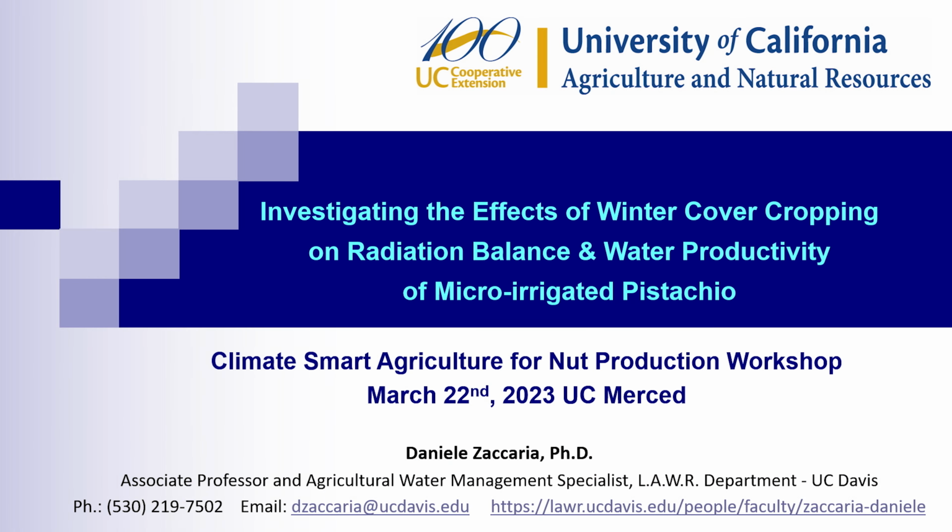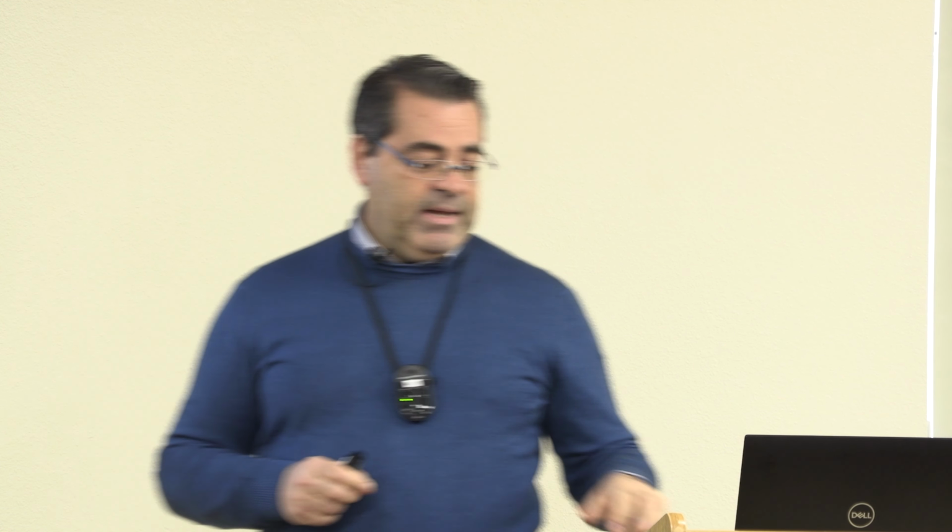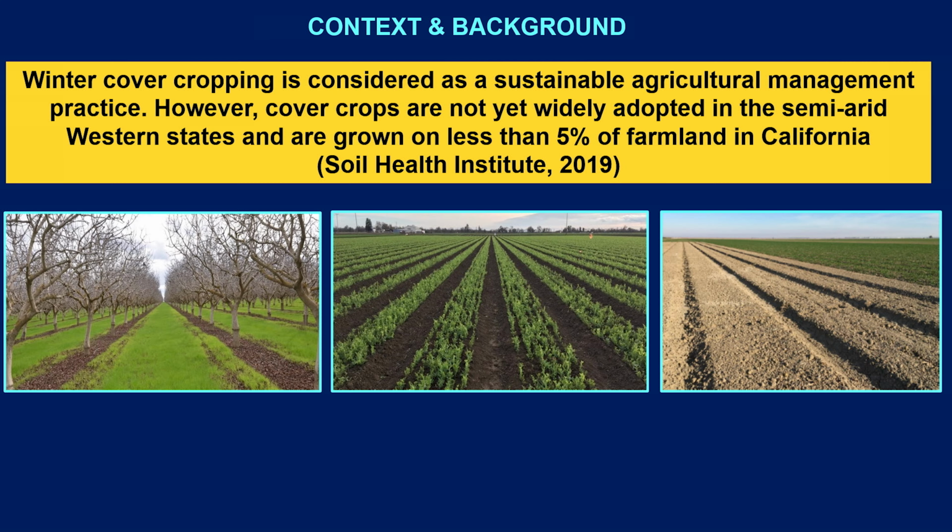Well, Tapan asked me to provide some information on a couple of projects that I have either been leading or participating in, that were investigating the effect of cover cropping on the water side. But also in the new project on pistachio, we are trying to measure and document the effect of winter cover cropping on the radiation balance and water productivity in pistachio. I would like to provide a little bit of context first, saying that winter cover cropping